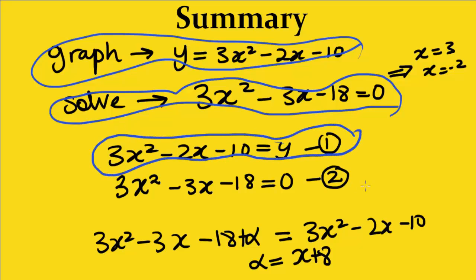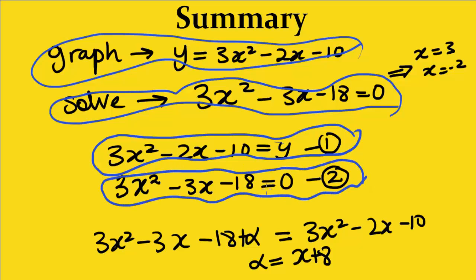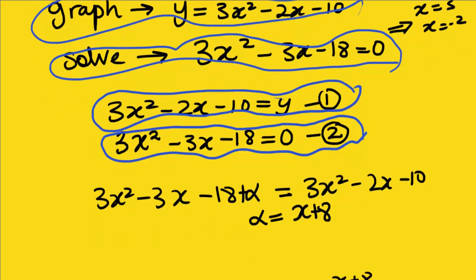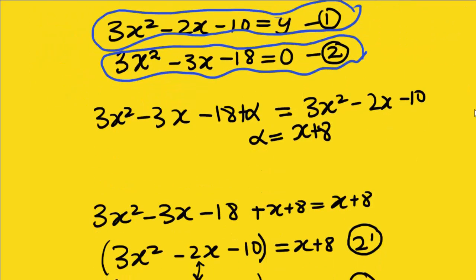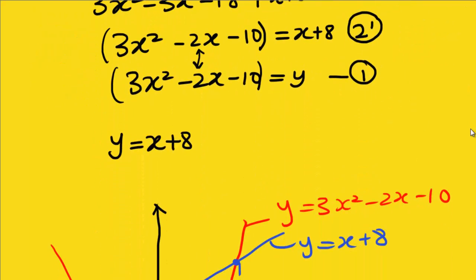You write your given equation down, and you write it such that all the x squared and x terms are on the left hand side, and you modify the equation you have to solve so that its left-hand side will be equal to the left-hand side of the given graph. And you do that by adding, say, alpha to both sides of that equation,